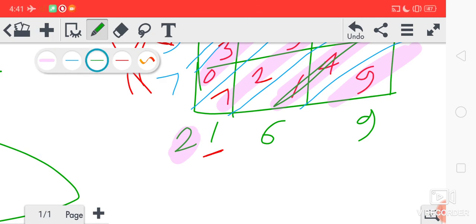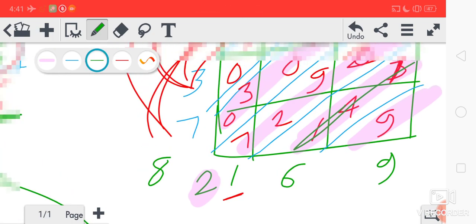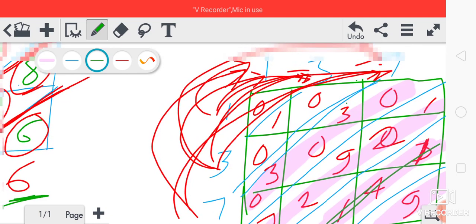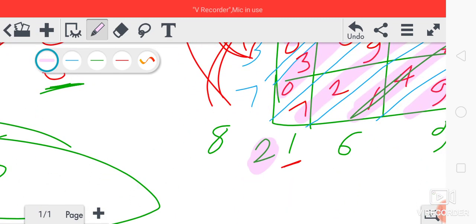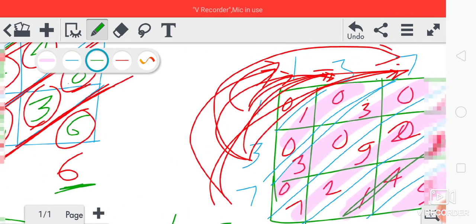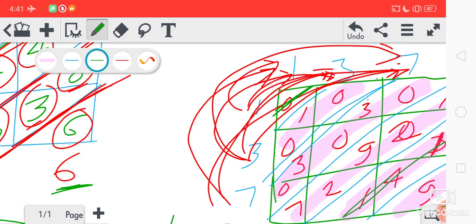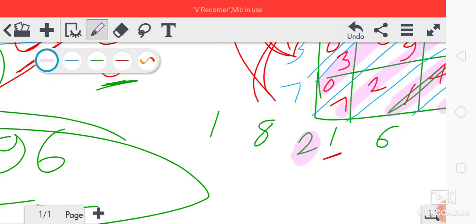So we'll write here 8. Then come to this diagonal: 0 1, we'll get 1 only, so we'll write here 1. Then the last one is what? Only 0 is there, so no need to write 0.